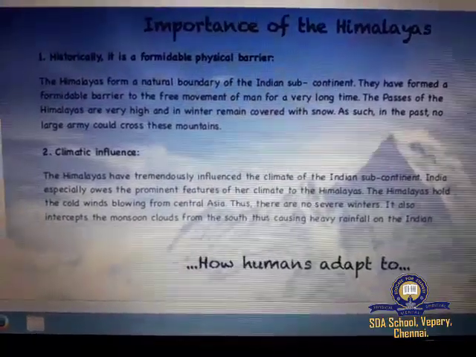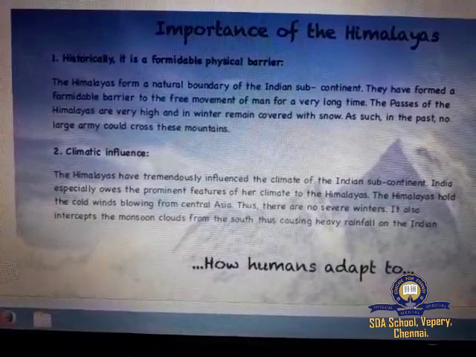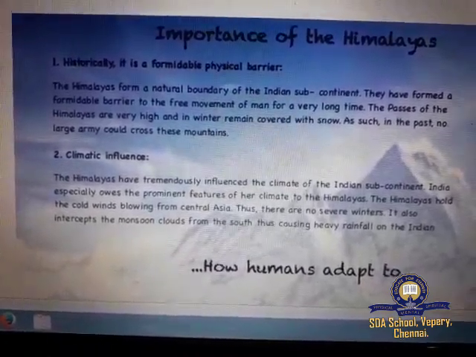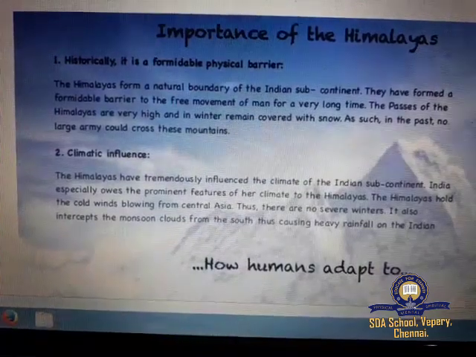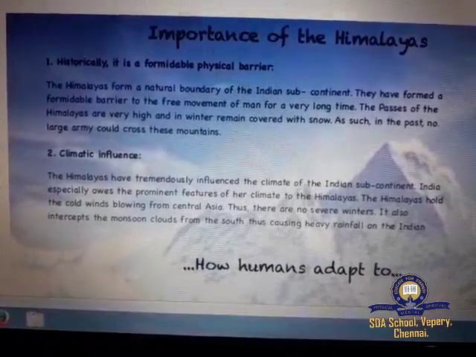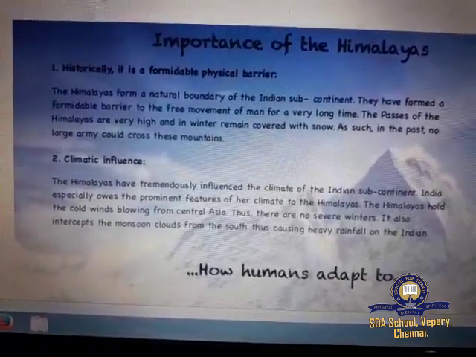Importance of Himalayas. Himalayas block southwest monsoon winds and cause heavy rainfall to North India. It forms a natural barrier to the subcontinent.